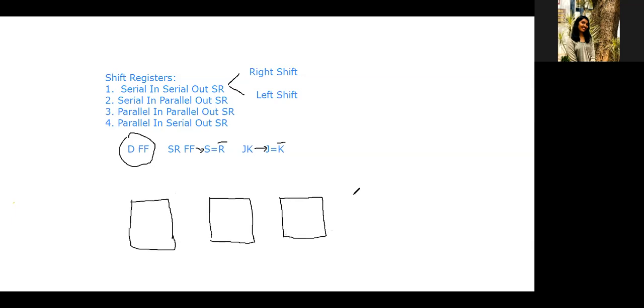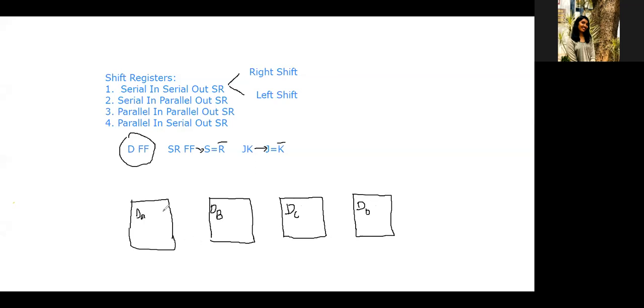So here we are considering 4 flip-flops: one is DA, the second is DB, the third is DC and the fourth is DD.